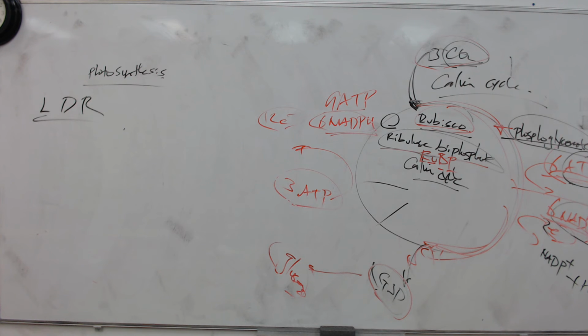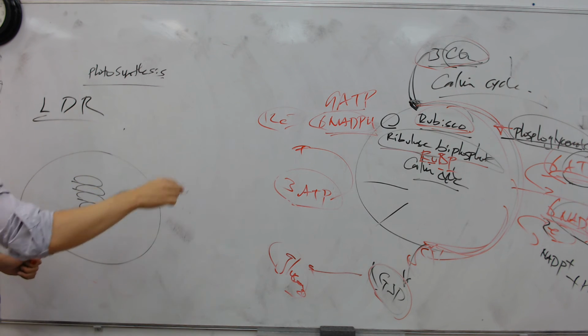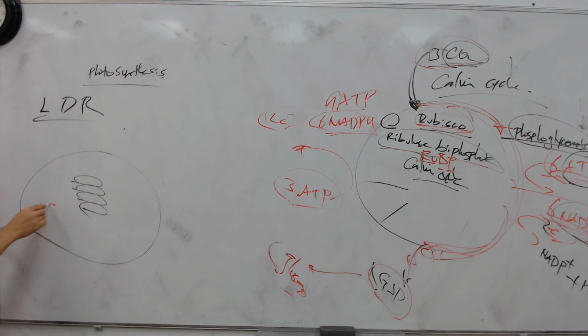So LDR. Keep in mind, guys, this is a chloroplast, right? The chloroplast is the organelle where this can happen, okay? And now, the chloroplast has something they call thylakoid, okay? Thylakoid is where they will be able to run the process, by the way. Listen carefully, okay? The Calvin cycle occurs in the stroma portion of the chloroplast, okay? And now, the LDR happens on the thylakoid membrane of the chloroplast.